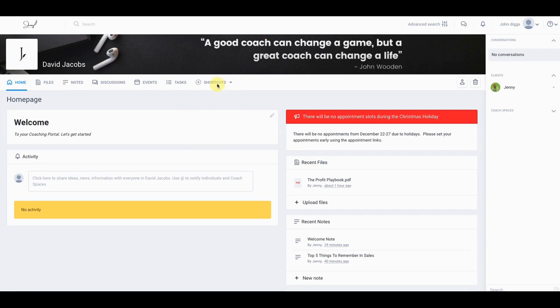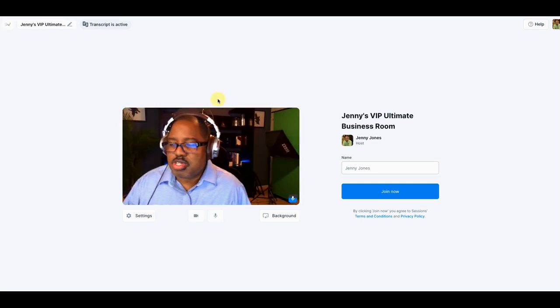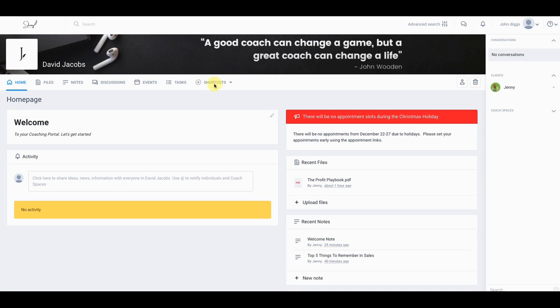So then I also set up a room in here for the online meeting room. Obviously, that takes you to a Sessions room. Again, these are the tools that you're already using. What I wanted you to see is where these tools take place, right? So that's your Sessions room. And then also, if they need to get